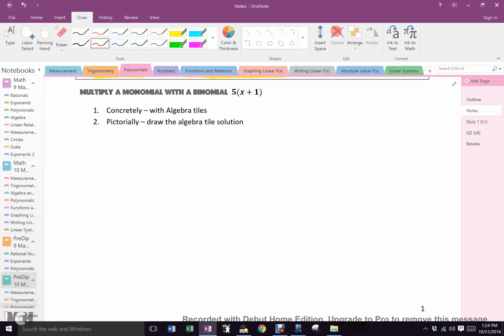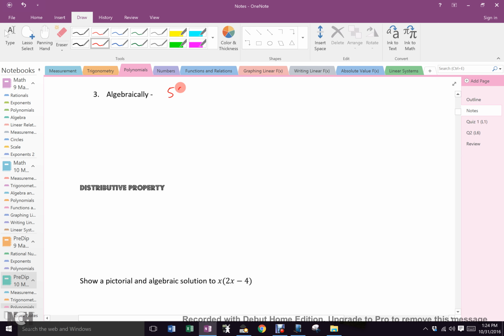Okay? So everything you see that's concrete or pictorially, we're not going to do because you already know how to do it. Actually, you might not, but you'll know how to do the thing with math. And then I would have to take marks away from you for not being able to do something that was invented to help people who can't do math, even though you can do the math. Do you understand how silly it is? So I'm not going to show it to you. We are going to skip right to